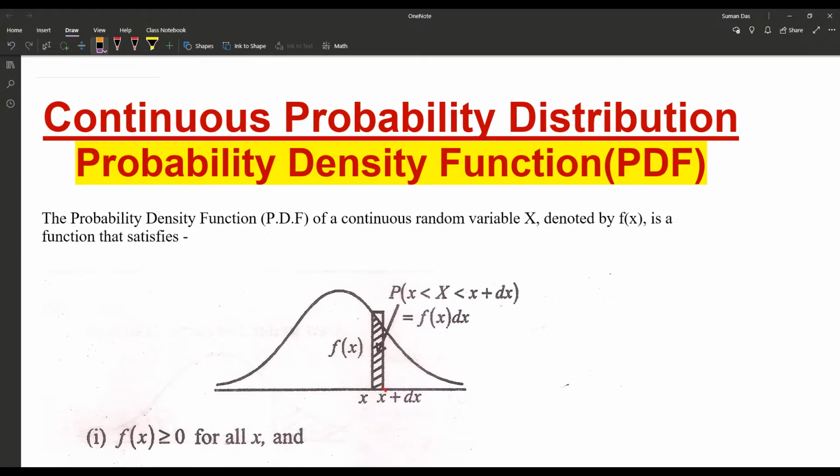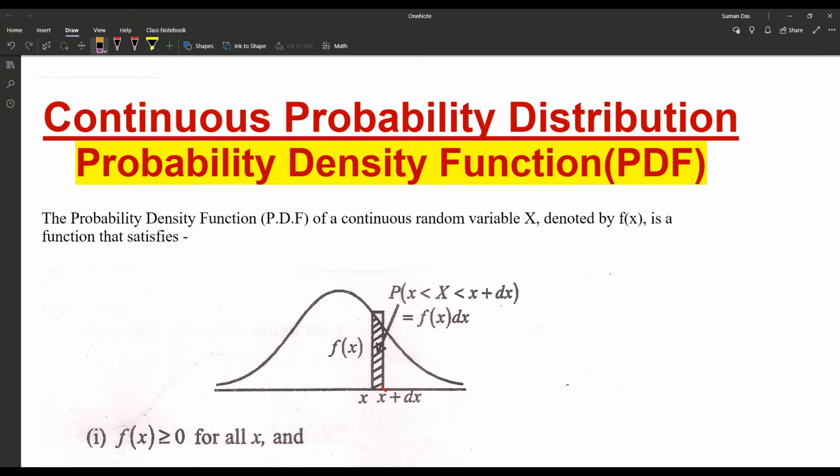Today we are discussing the same topic, continuous probability distribution, but today it is the probability density function, known in short as PDF. The probability density function PDF of any continuous random variable capital X, denoted by f(x), is a function that satisfies